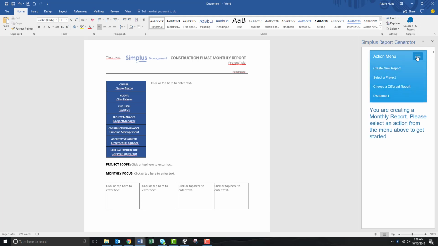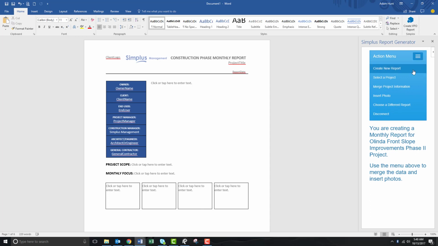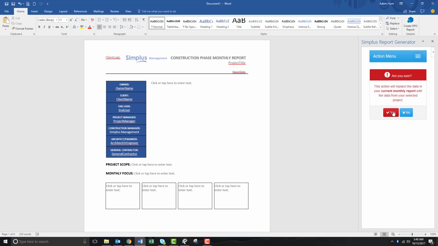So the next option in our drop down would be to select a project. So here you're going to see a list of all Simplus projects, in which you can select which one you're working on. You're creating a monthly report for Alinda. Use the menu above to merge the data and insert photos. Again, click up on the drop down, merge project information, click yes,